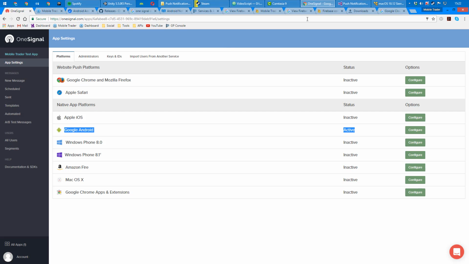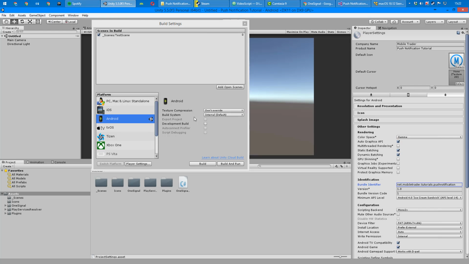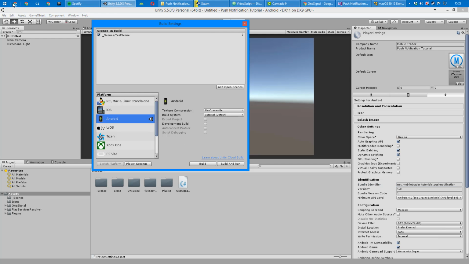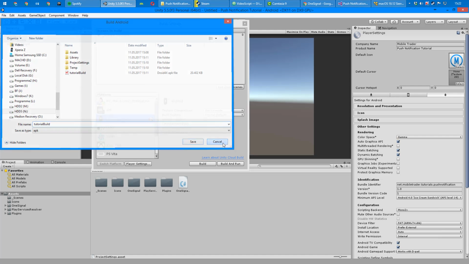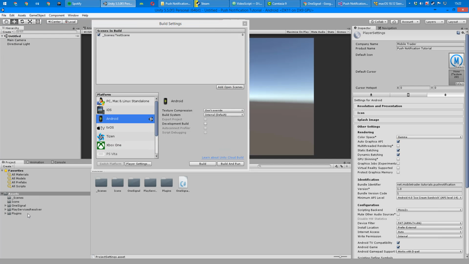So now another thing, let's go and do the same with iOS. We could also do a test build right now and see if it works. I think I'm going to do that. Just, you don't need a new build. But another thing,